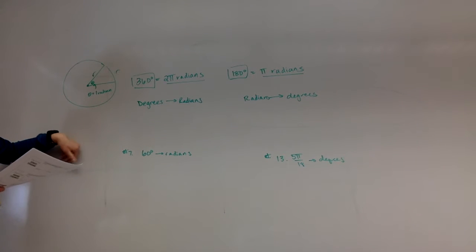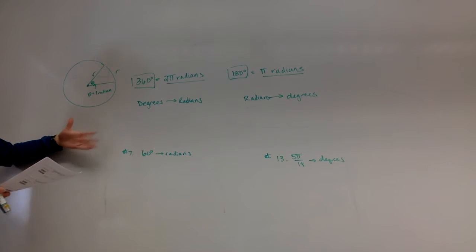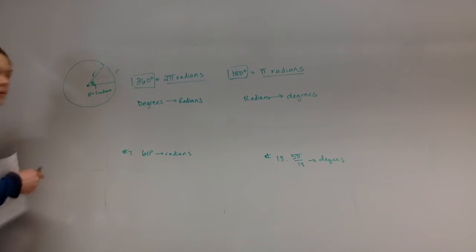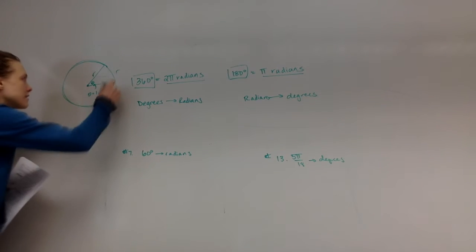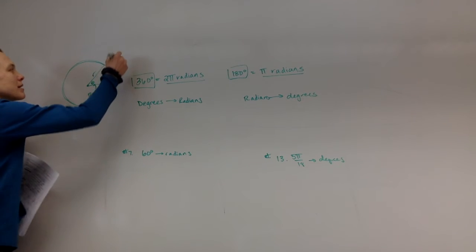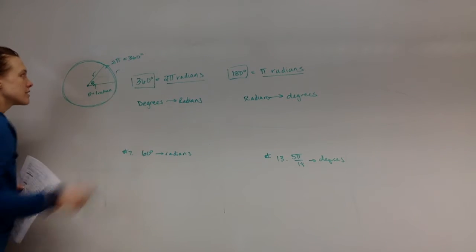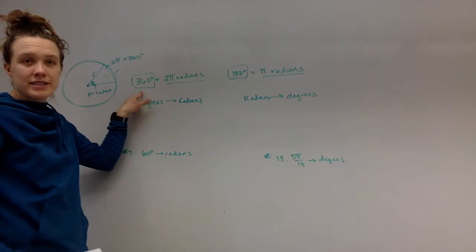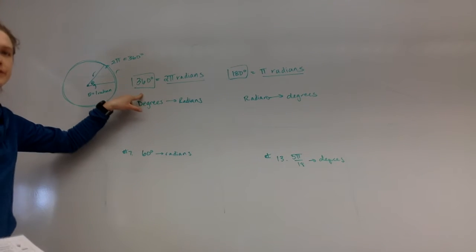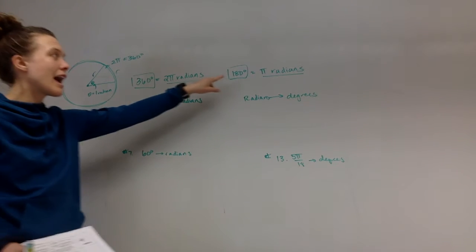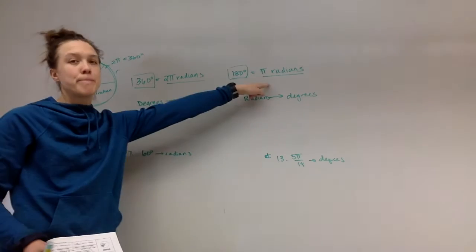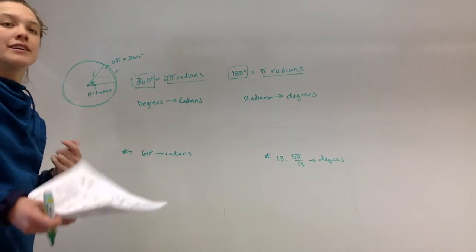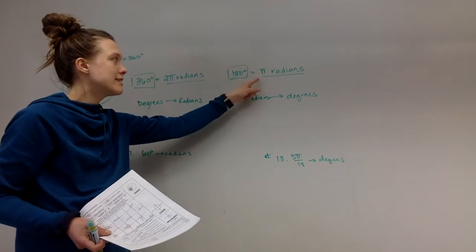And so when I am measuring in radians as an angle measurement, I'm going to take that full circumference, because remember, a full circumference like this is 2 pi, but it's also 360 degrees. So this is going to be measured as 2 pi radians, or 360 degrees. Those are equivalent angle measurements. So if I divide 360 in half, or 180, that gives me pi radians, which makes it really easy to convert between degrees and radians. So pi radians equals 180,